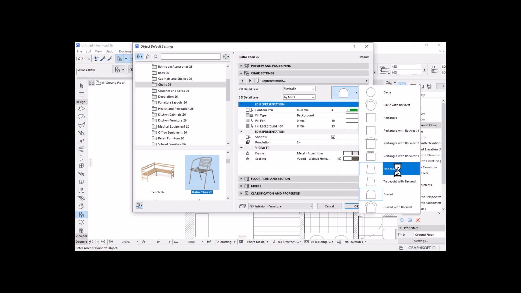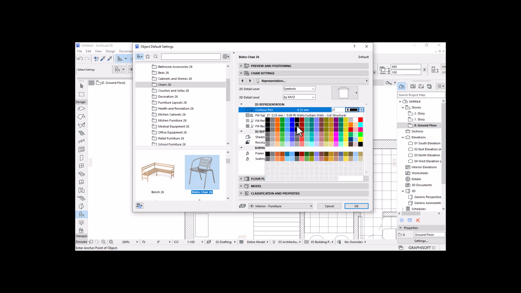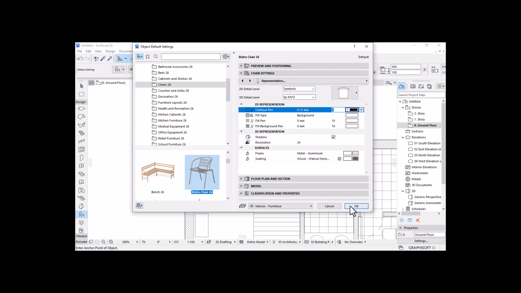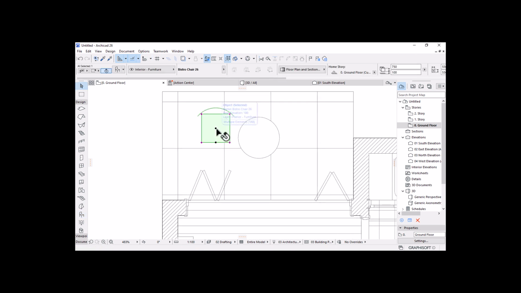Wow, we have these options. I can go with, let's go with this one, or maybe that one, right? And then change the contour pen to 0.13, hit OK. Let's place it there. I'm gonna select it, and then pick one of the points, rotate on your pet palette, rotate it horizontal, or maybe slant it a bit to make it interesting, and then let's drag it to here,